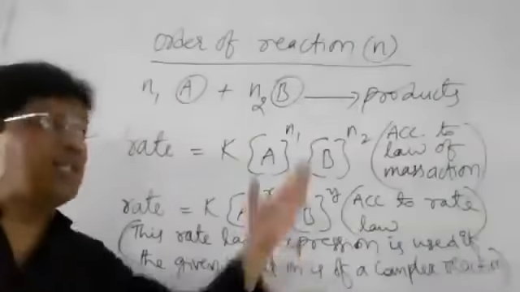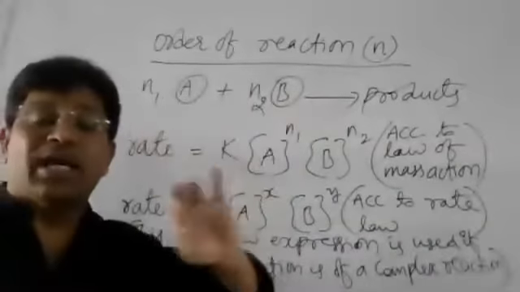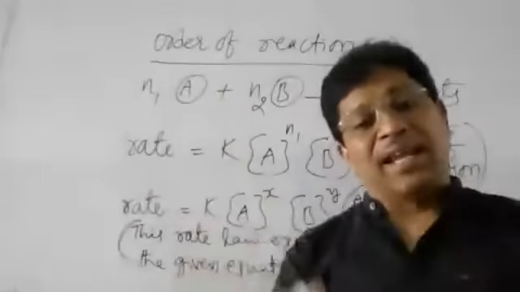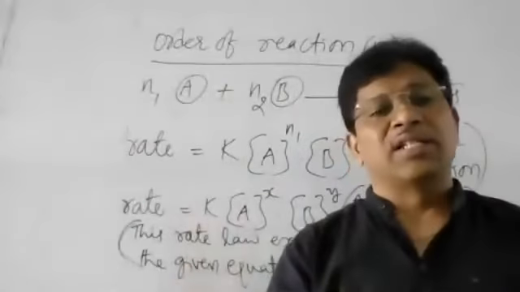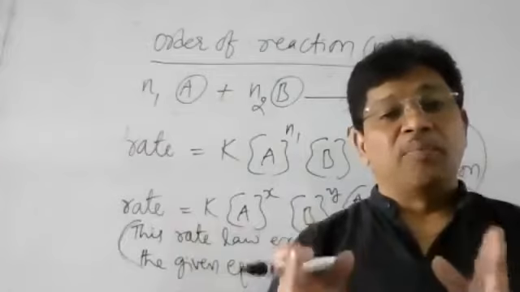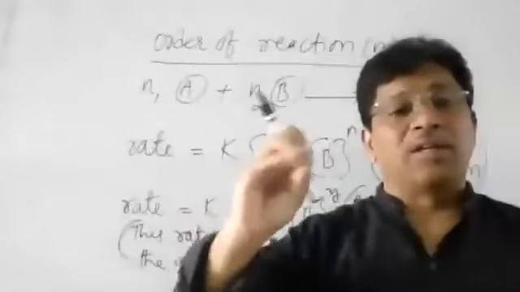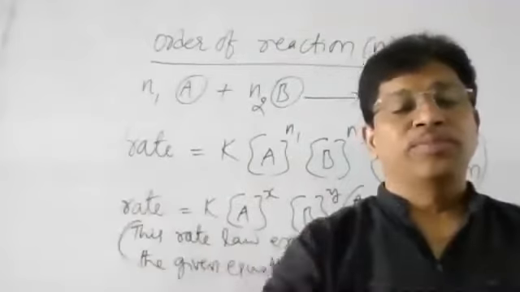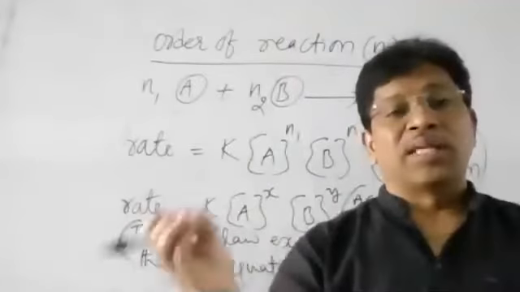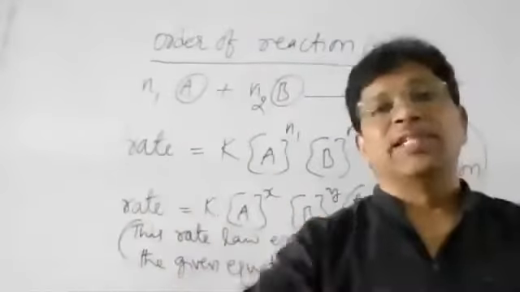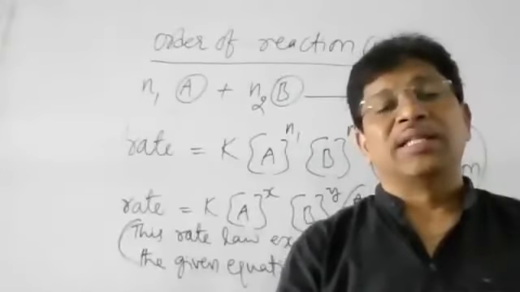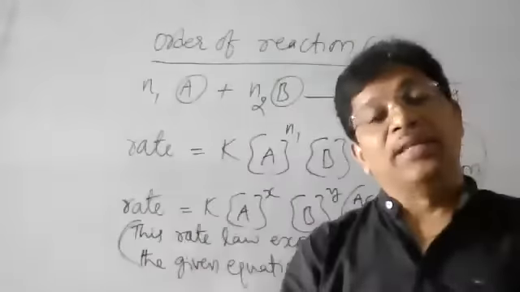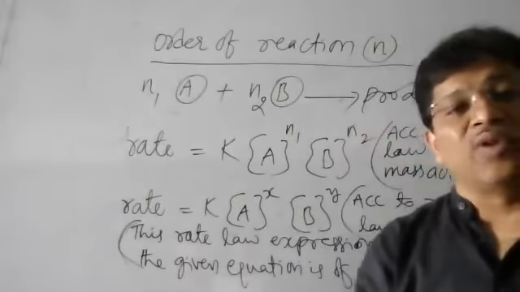How to know whether the given reaction is complex or elementary? I told you, no? If the molecularity of the reaction is 3 or less than 3, a single step may be possible. If the given reaction has molecularity more than 3, like 4HBr plus O2, or 2MnO4 minus plus 16H plus plus 5C2O4 2 minus, in those cases molecularity appears to be more than 3. In those cases, we have to take those reactions as what?